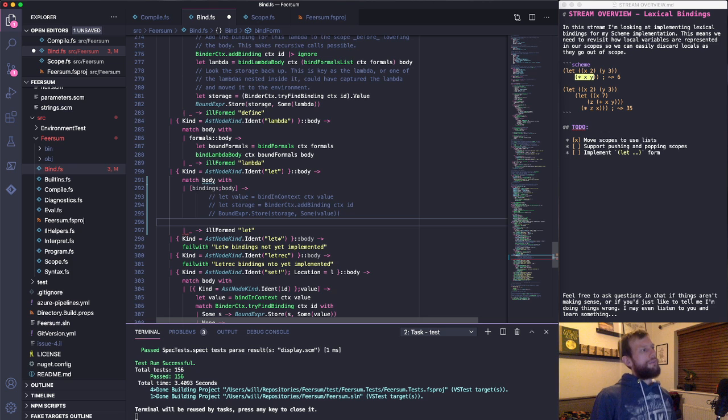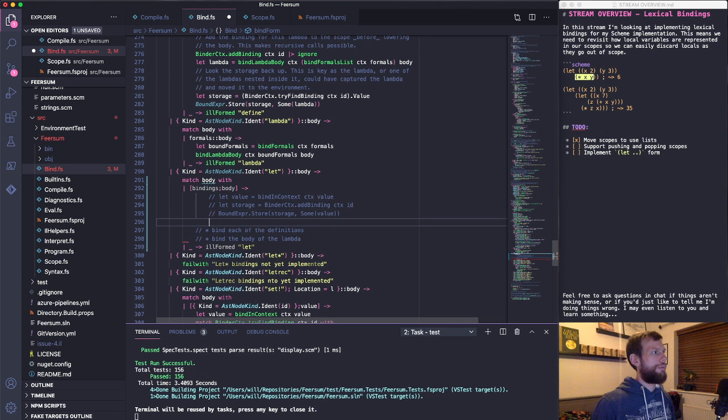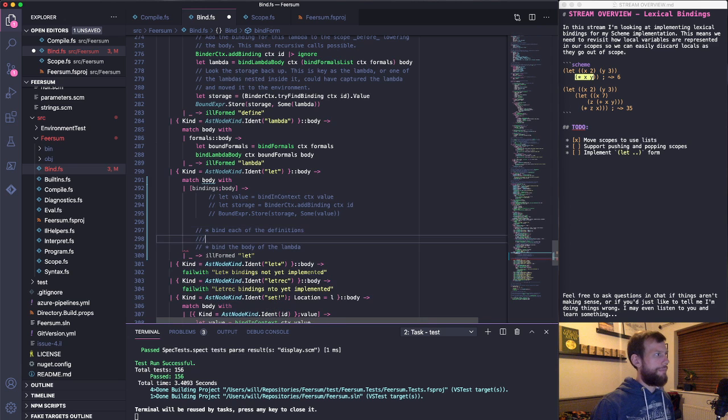So what we're going to do is we're going to have to do something to bind each of the definitions. Then we're going to bind the body of the lambda. But what we need to do first is, so we're going to bind each one of the definitions, then push the